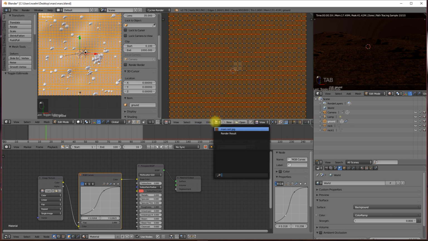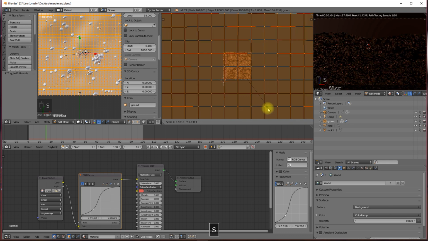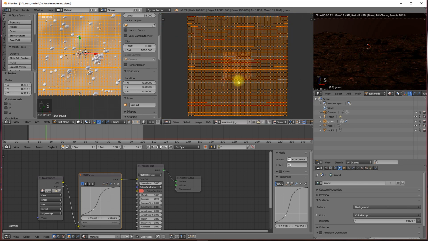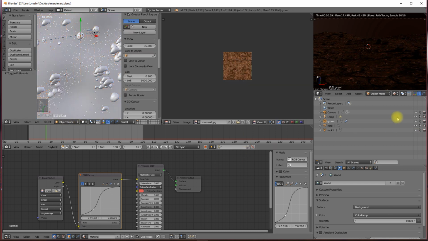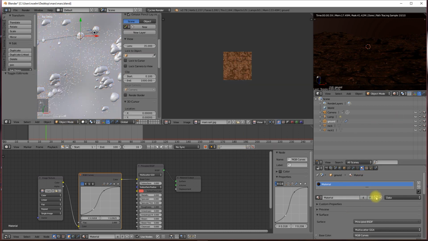So this was our Mars soil, so we're going to scale this back a good bit so as not to get too much of that repeat pattern. And also what I might do here is, just because it's quite dark, just so we can differentiate between the rocks that we've added in and the soil, give this soil a different material. So I'm going to hit plus here, and we'll call this ground,